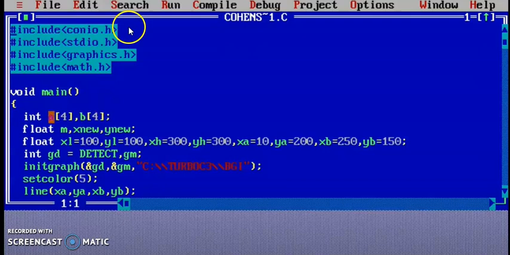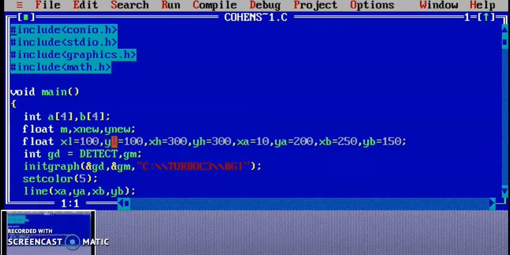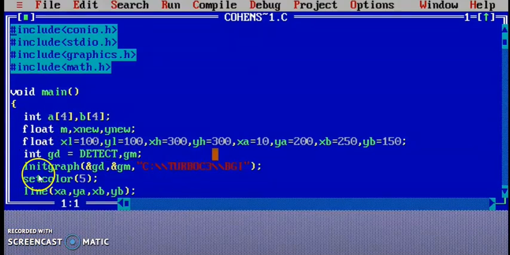Here, see that we have taken the header files conio.h, stdio.h, graphics.h and math.h. Then you can see we have taken the void main function. Inside that void main function we have created two arrays, A of 4 and B of 4.